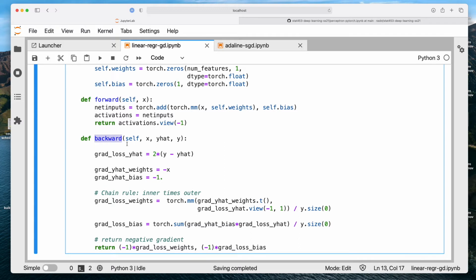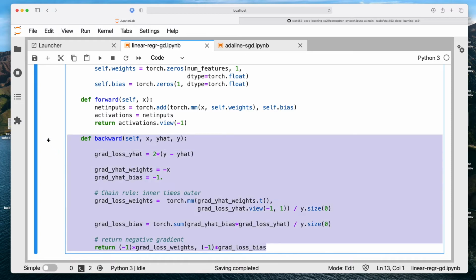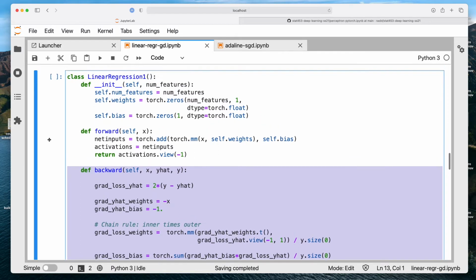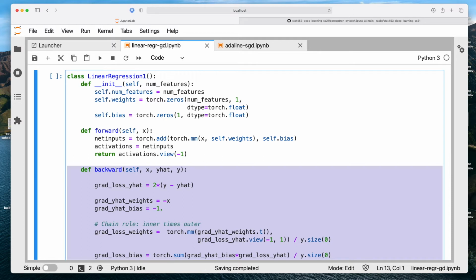So PyTorch will actually create this backward function for us. We don't have to do it ourselves. Here we do it ourselves because this is a very low level implementation where I do things from scratch. In PyTorch, later we can just use a fully connected layer and the backward function will be done automatically. But I think here for now it's maybe easier, or not easier, but at least better for your understanding if we walk through this step by step and do it ourselves before we rely on automatic ways of doing that.